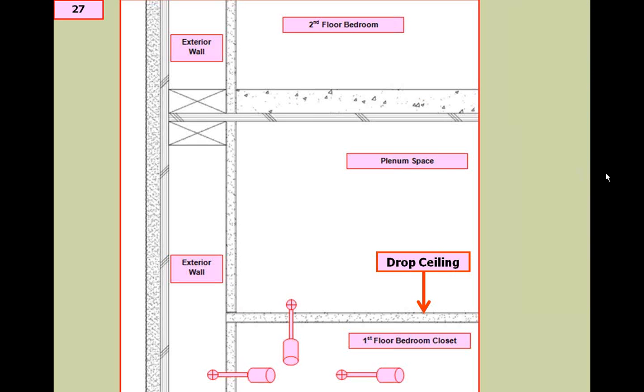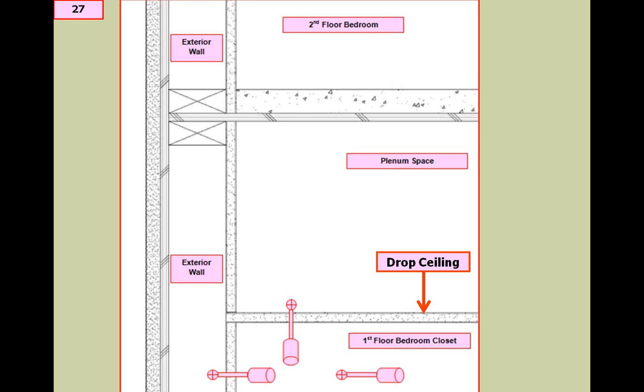We went into the closets and installed, we see at the bottom of the screen, the first floor bedroom closet. We installed one sensor into the exterior wall cavity. We left one sensor within the bedroom closet itself, just ambient conditions within the closet. And then we drilled a hole through the ceiling board and installed a sensor up into what I'm calling the